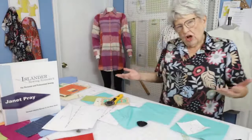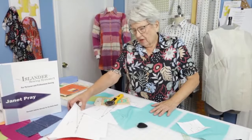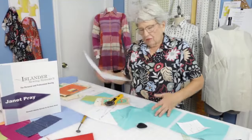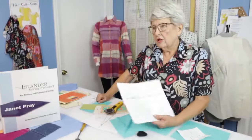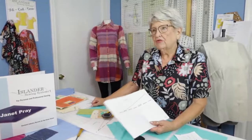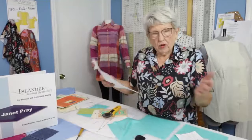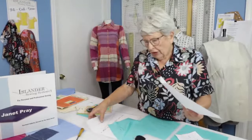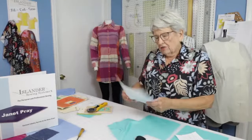All right, so now let's talk about stitching of darts. And I've had several, coincidentally, several people comment, one in person and a couple of emails, about, would you please show us how to do a dart? I have trouble with darts. So I don't know what all the troubles are, but I do know some of the key pointers, and then we'll talk about what kind of troubles you might be having. So first of all,